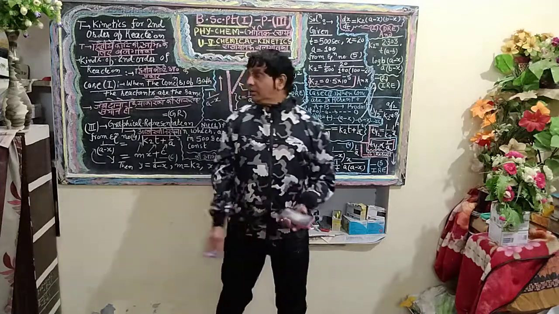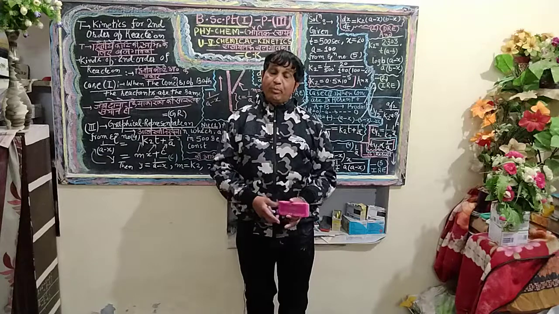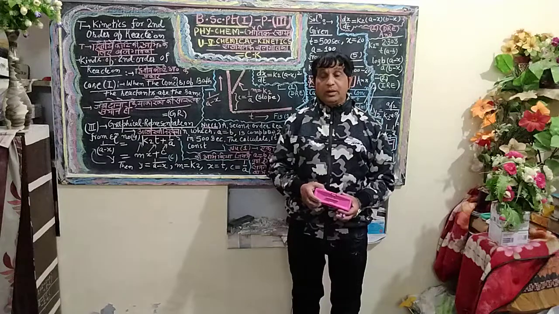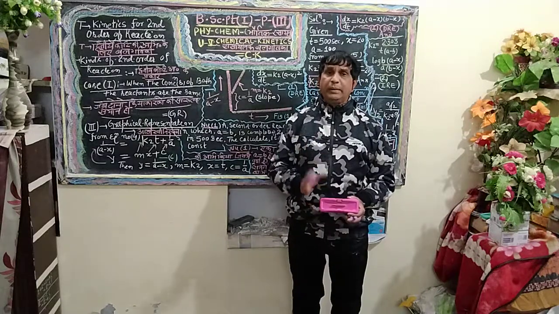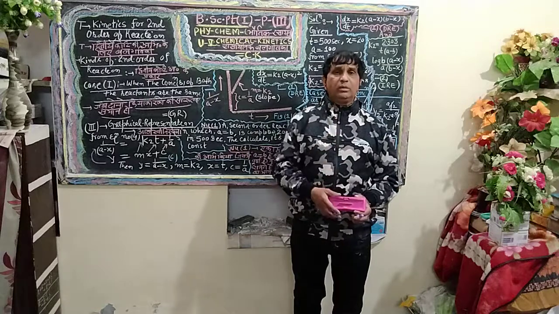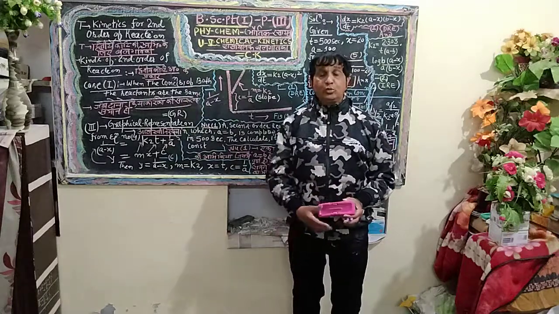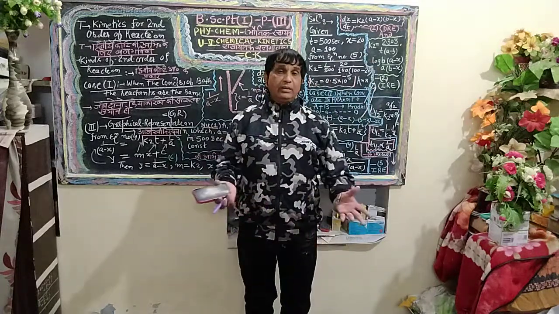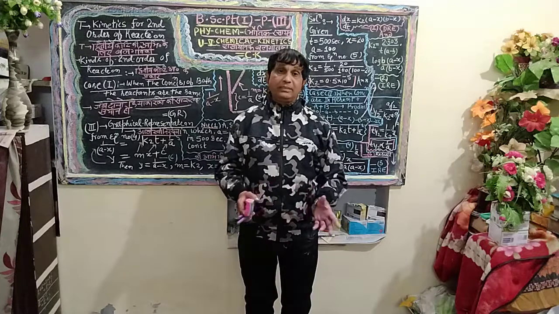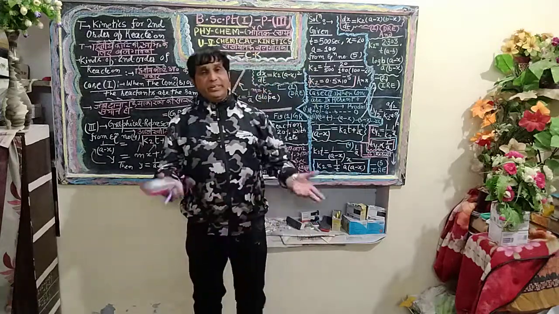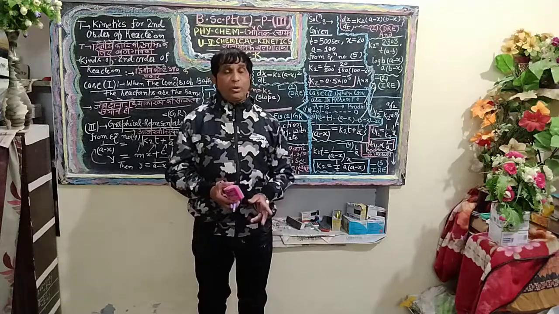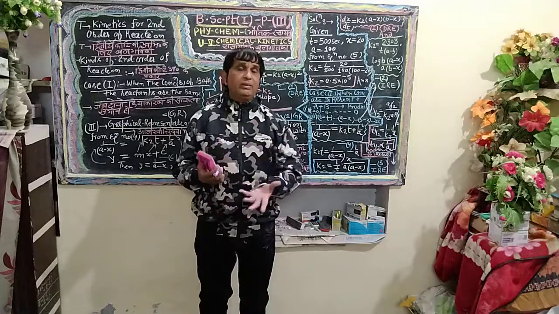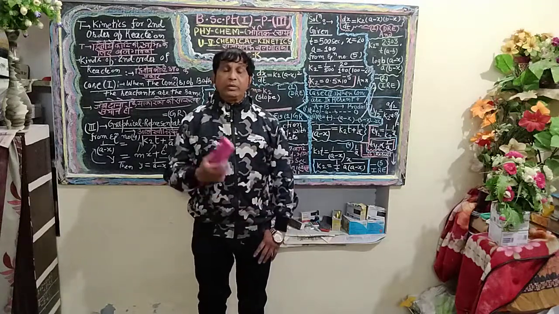So these were the overall postulates and theory points under the kinetics of second order reactions that we have discussed in the classroom. Now it is the turn to discuss case 2, the kinetics of second order reaction in which the reactants are present in different concentrations. How will the rate law be derived here?